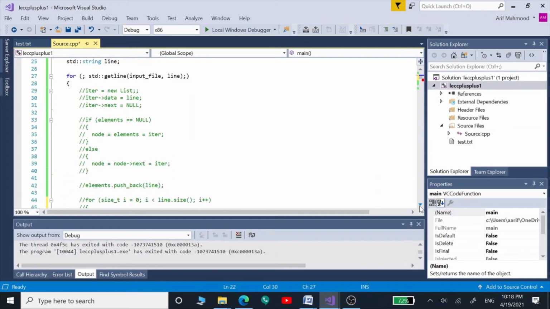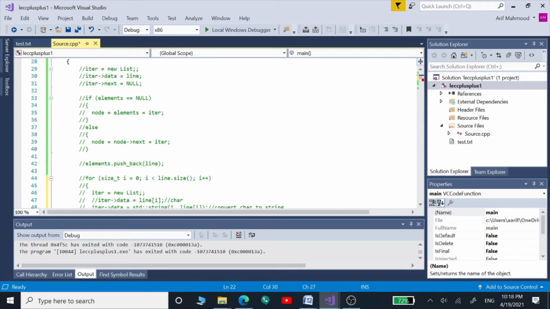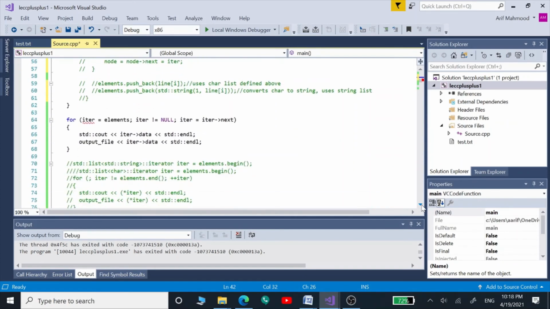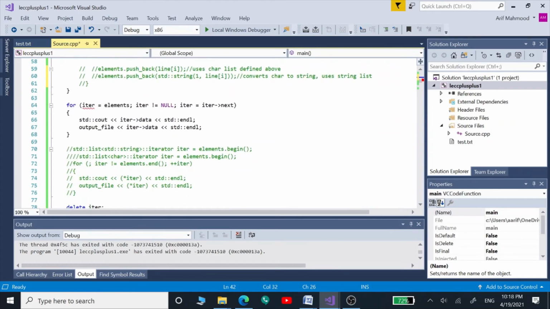So no need to use these lines, but we have to include this line only. These above lines were giving us our own list structure, but on this elements variable we can use the pushback function, and we can store all those line variables inside this list of type string. And in order to show the contents of this list onto the console window, plus in order to store those